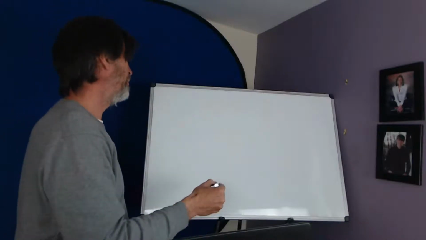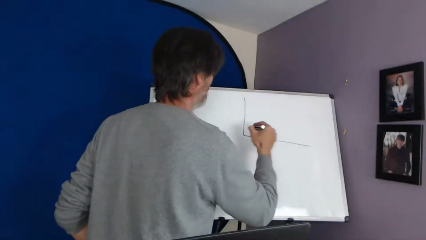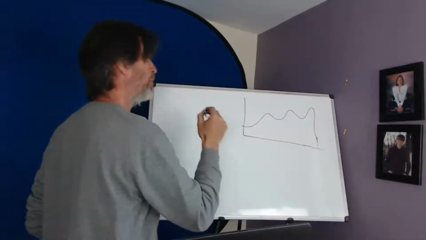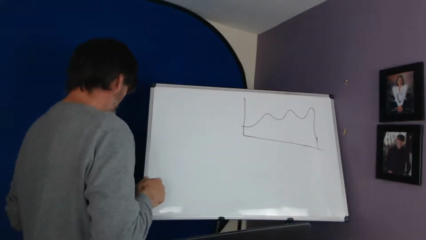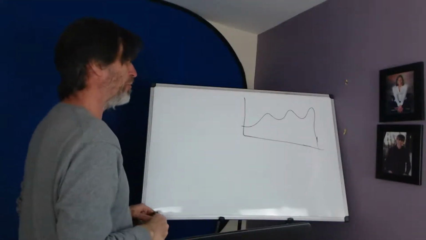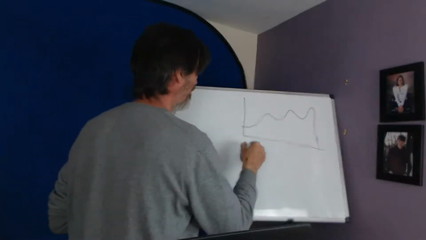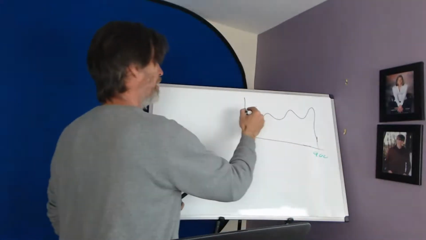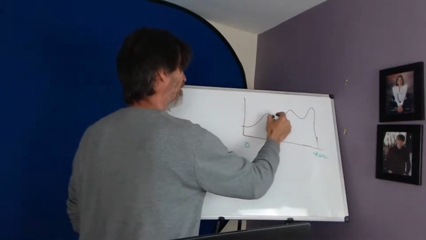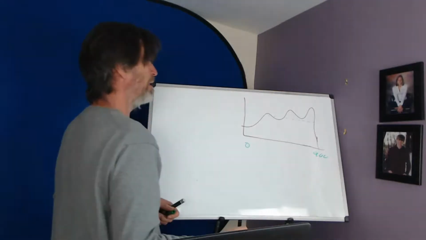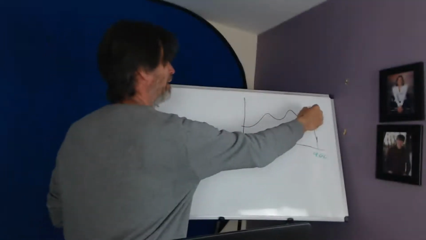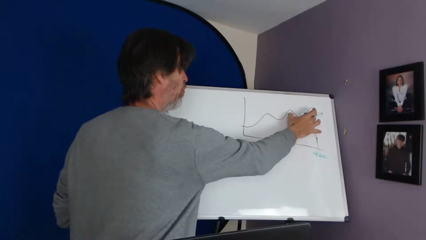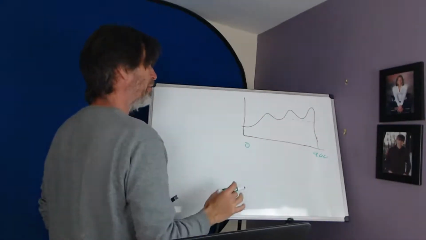Really, I should be able to give you any function now. Doesn't matter what it looks like. Any function in the world, you should be able to find an average value over a period. So on this graph, I'm looking for the average value. Maybe this is from 0 to 900. Try my best to draw a line across here. And usually I have to do it with pencil first. Try to get it so that the area in the rectangle is the same as the area under the curve. So the area of the overage is equal to the area of the underage.